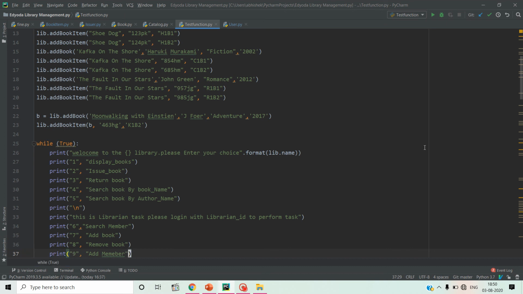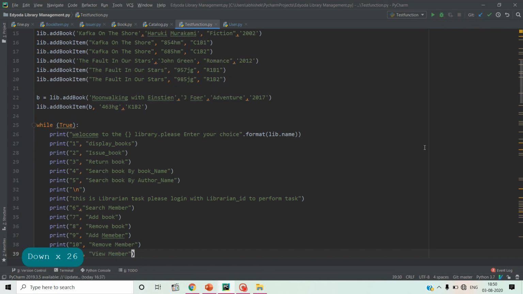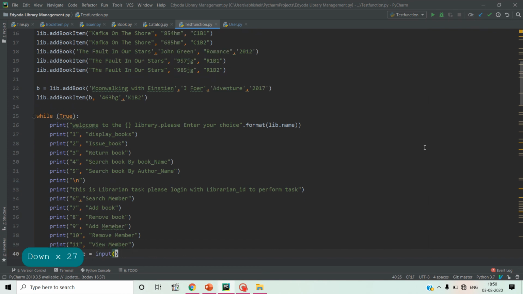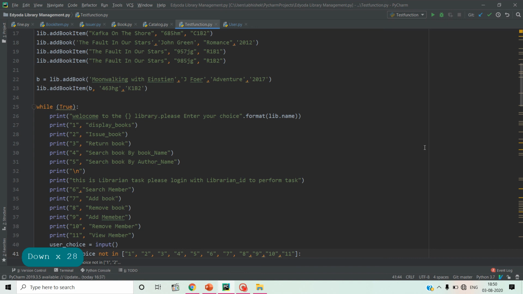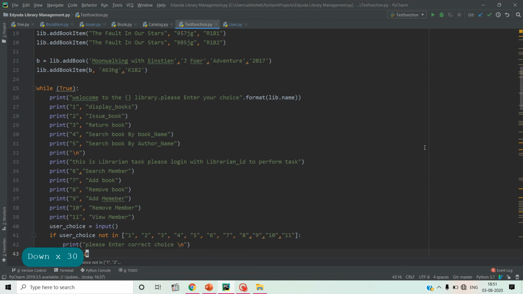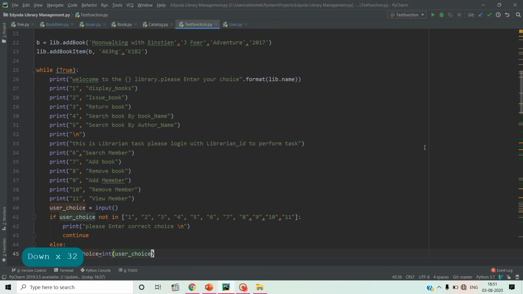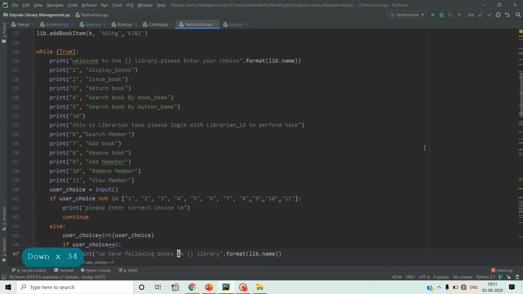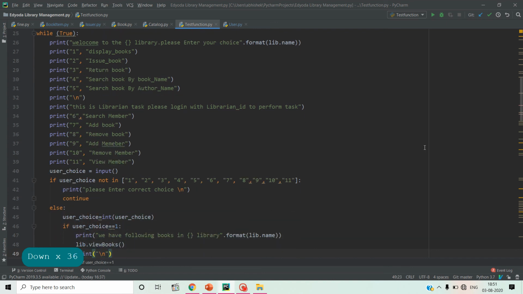If he enters 1 then we display books, 2 issue book, 3 return book, 4 search book by name, 5 search book by author name. Then we print a statement that the librarian should please log in with librarian ID to perform tasks, where we search member, add book, remove book, add member, remove member, view member, and we created a user choice list